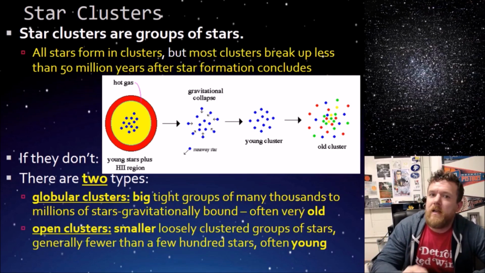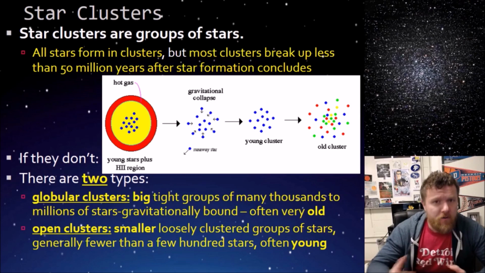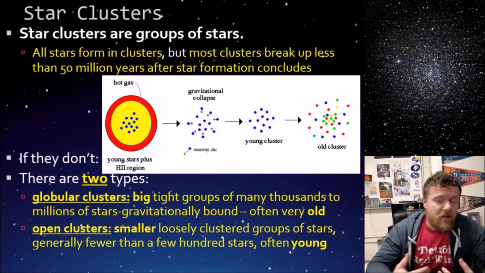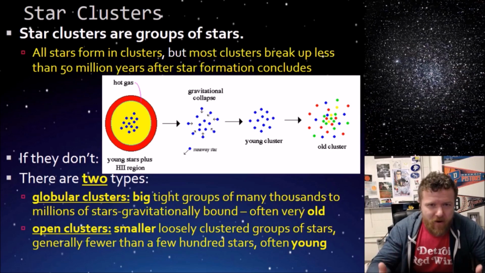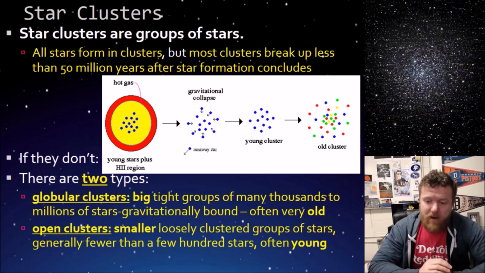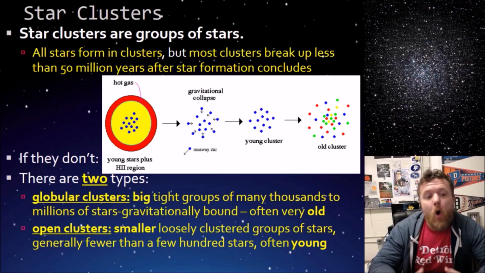A globular cluster is a star cluster of hundreds of thousands, millions, tens of millions of stars that are clustered together. They're usually very, very old, and they are huge. An open